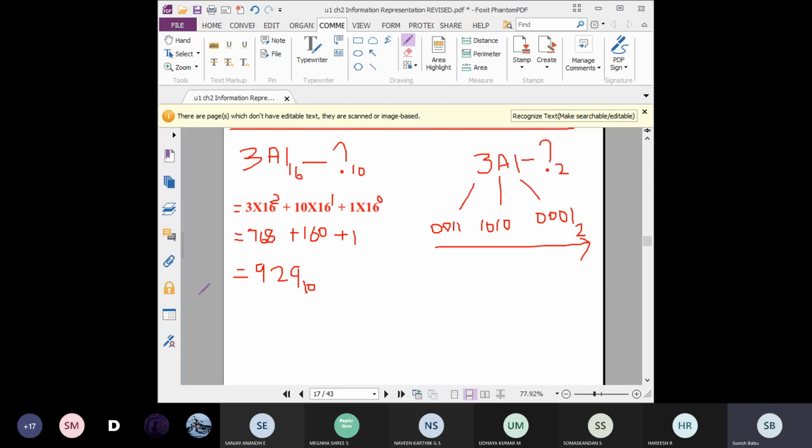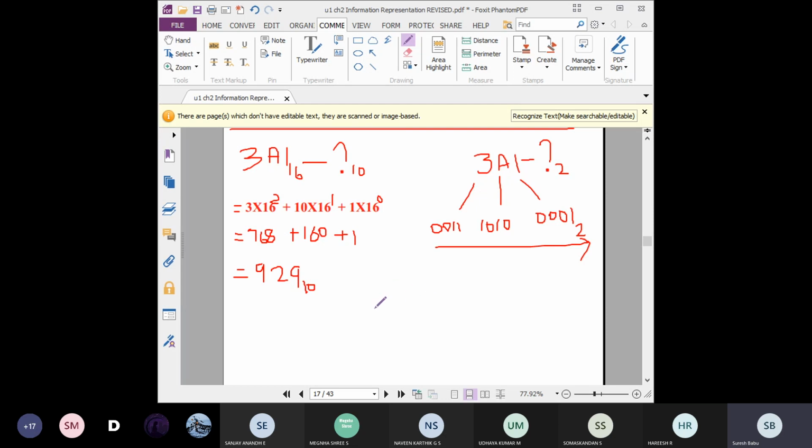Okay, so that's all. Tomorrow we will see hexadecimal to octal and octal to hexadecimal. Now I am going to show you how to make the tabular column, how to use the tabular column for binary values, and how to easily memorize the binary values. Before that, note down the homework.